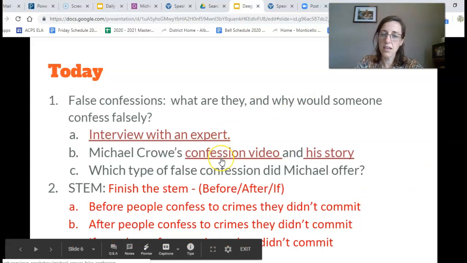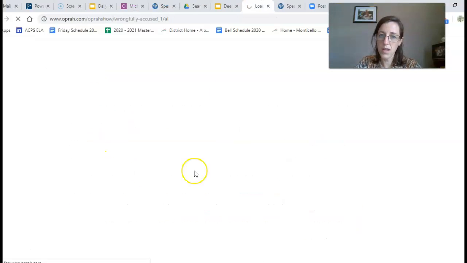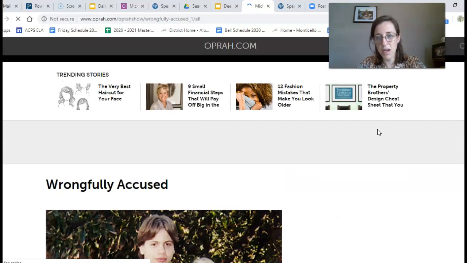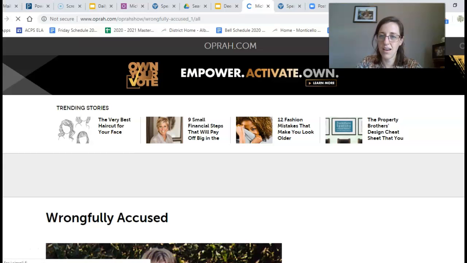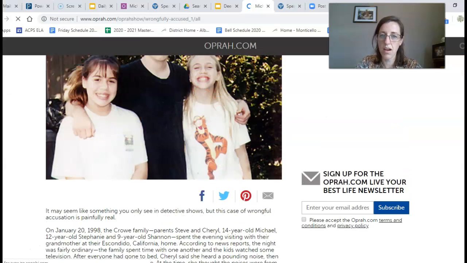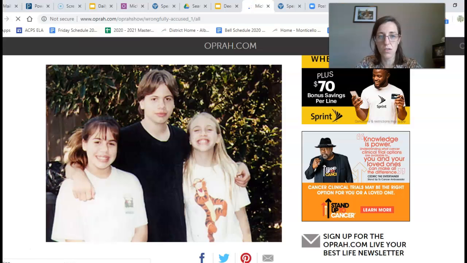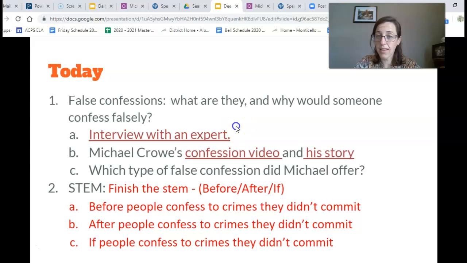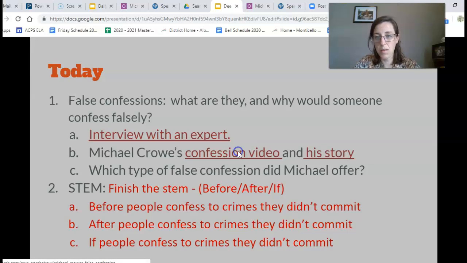Then we looked at this very specific case of Michael Crowe. His story is here. We read this together. The source I'm using is Oprah, who interviewed Michael Crowe, and it's a nice short article. Michael Crowe, here depicted with his two sisters, was convicted of murdering his sister because he gave a false confession. We'd like you to read this story, and then if you feel like you can, watch his confession video, which is about 2 minutes long,